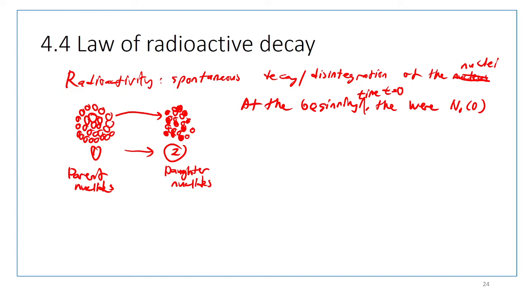So the number of parent nuclides is N1(0). And at some other time, let's say t, there are N1(t). So logically, because the parent nuclides spontaneously decay,